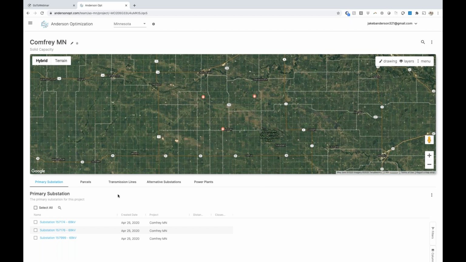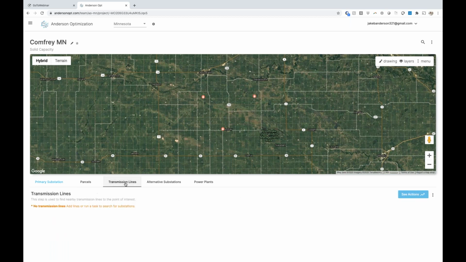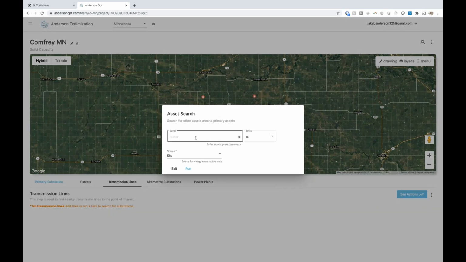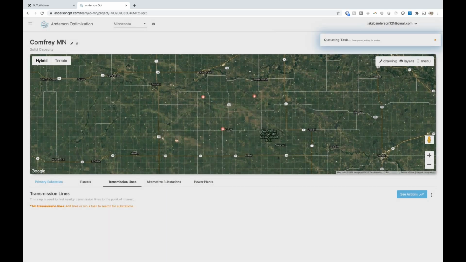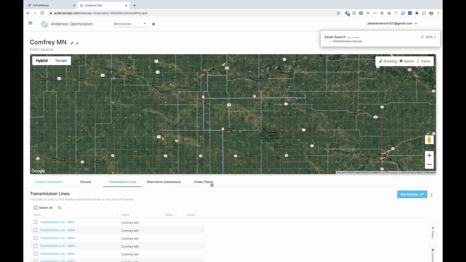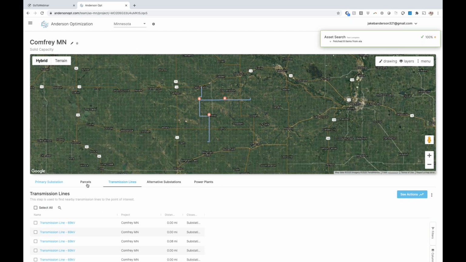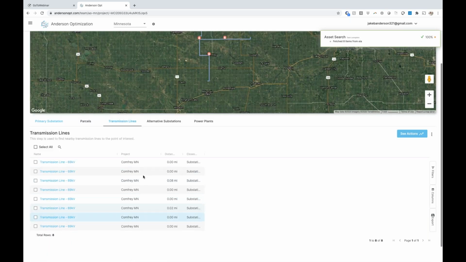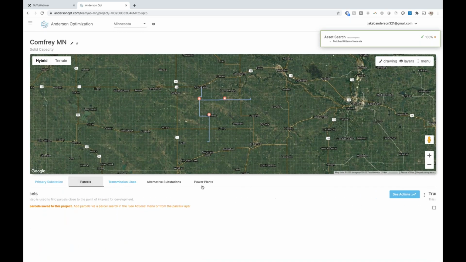But now we're at a point we want to round out this project. So let's say I want to find the transmission lines in the area. I just come in, I go to asset search, and let's say I want to see all the transmission lines within, say, 4 miles of these substations. I then just hit run, and our system will go through and pull in all the transmission lines in the area. We could also do the same thing for substations or power plants, but what I will do is go ahead and skip to the parcel section. Right here you can see we've pulled in all of those 69 kV lines, and we're ready to look for